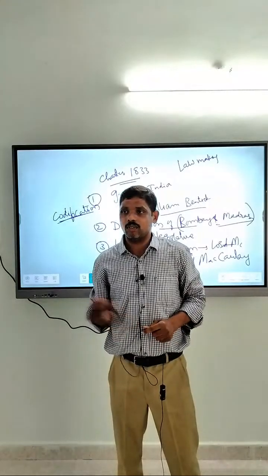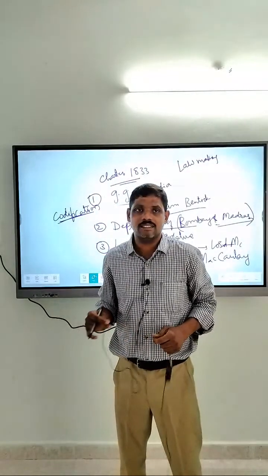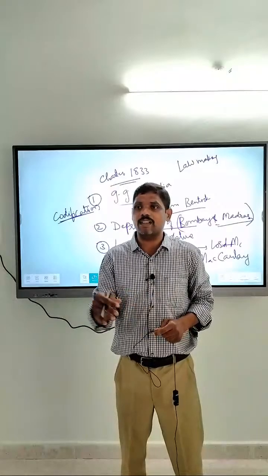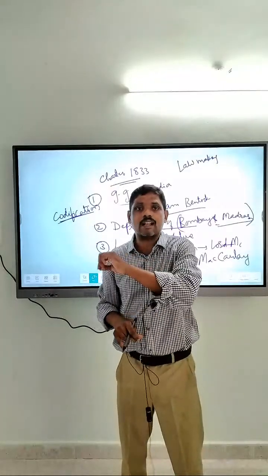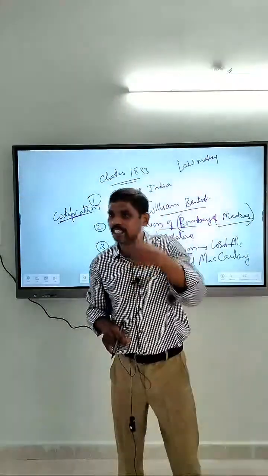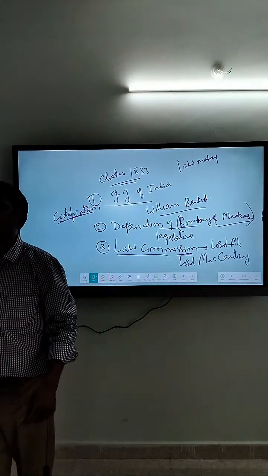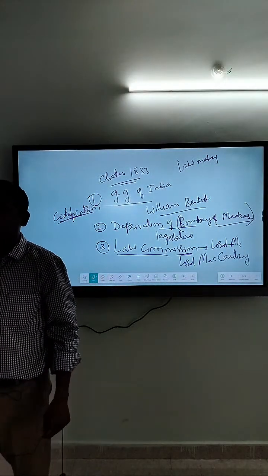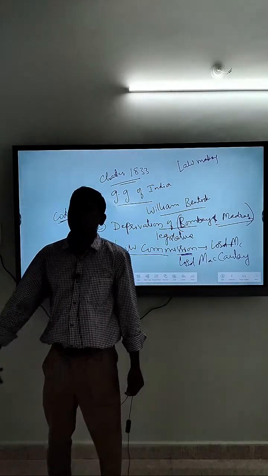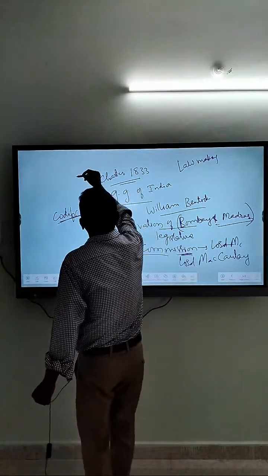So why should there be differential punishment? Punishment depends upon the nature of the act. You cannot have the same punishment for every kind of act. So these law commissions clearly divide different types of acts and prescribe the type of punishment according to the nature of the act. Law commissions are meant to differentiate laws.